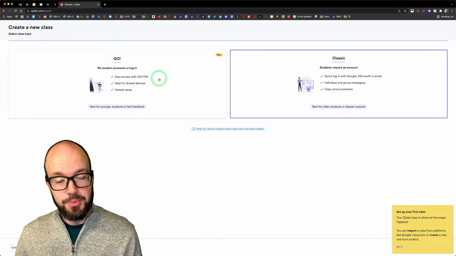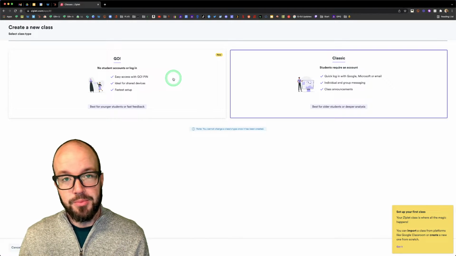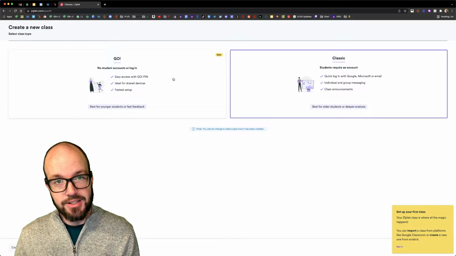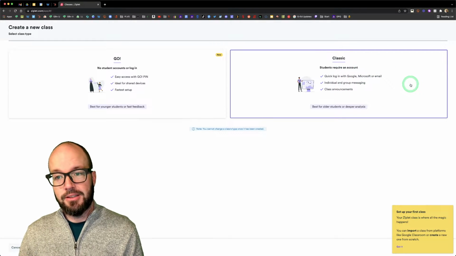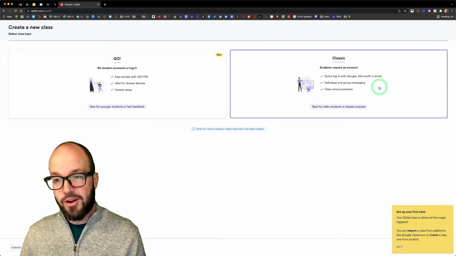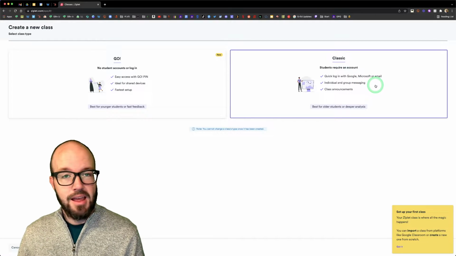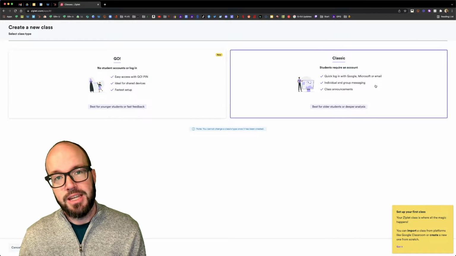And I do like with Ziplet that we have easy access with just a PIN. Students are not required to remember a username and password in order to access the content on here. If you do have older students, there is the classic login method. The good thing about this is that if you use Google Sign-On or Microsoft or anything like that, it does make it very easy to sign in for the students,